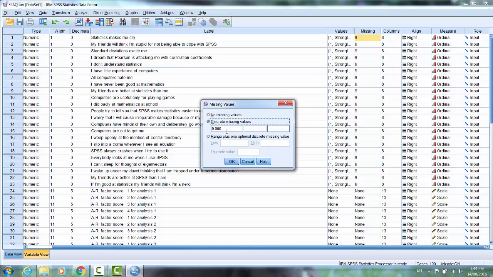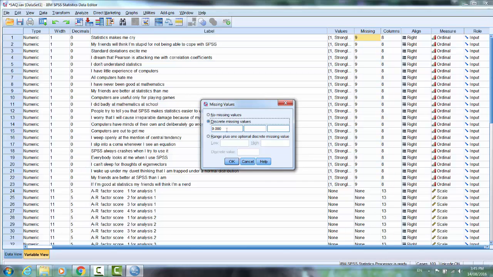This is actually really good practice, and I encourage everybody to code their missing data rather than just leaving it blank, because if you leave it blank, there's always the question of did you miss that, rather than is it actually really missing data. So is it just an oversight by the researcher as they've entered their data, or was that question not completed on the questionnaire? But when you code your missing data, you need to make sure that you're not giving it a value that's possible in the survey. So here, the survey ranges from 1 to 5, so a value of 9 is certainly clear of that. Quite often people use 99,